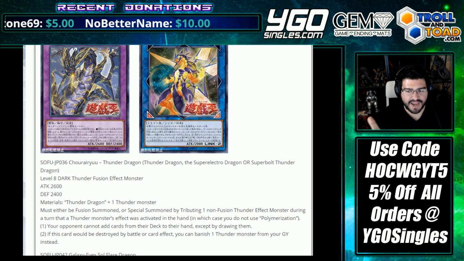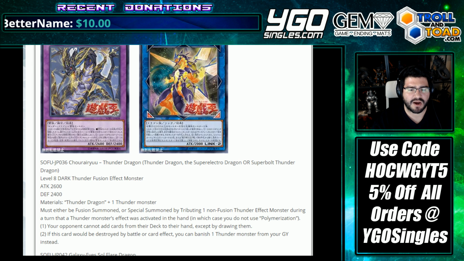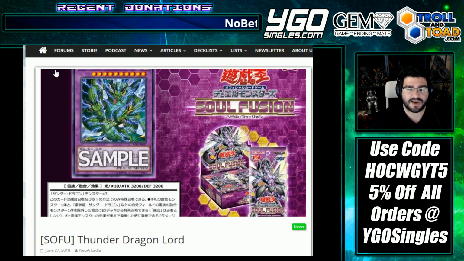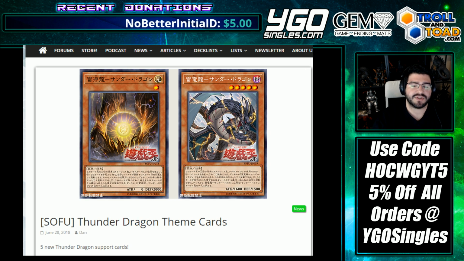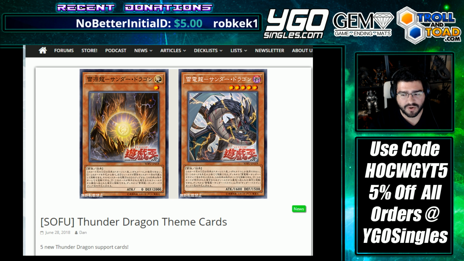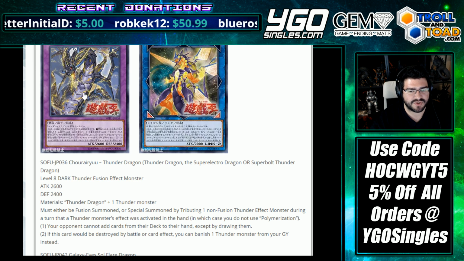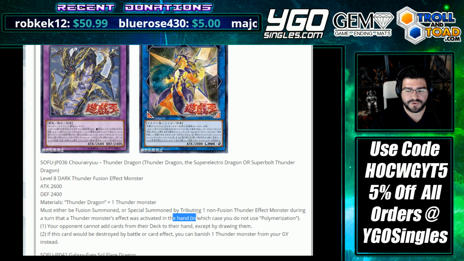Pretty dang good, if you ask me, and people were excited, but what nobody really saw coming was an entire Thunder Dragon archetype coming from this. Yesterday we got a new boss monster that I wasn't as interested in, but it's crafted around this archetype, which makes it just a little bit better and more exciting, but I still think that this card is realistically the better one overall. You distribute any non-fusion Thunder effect monster during a turn a Thunder monster's effect is activated in